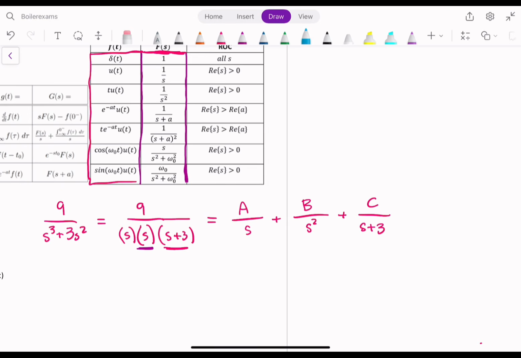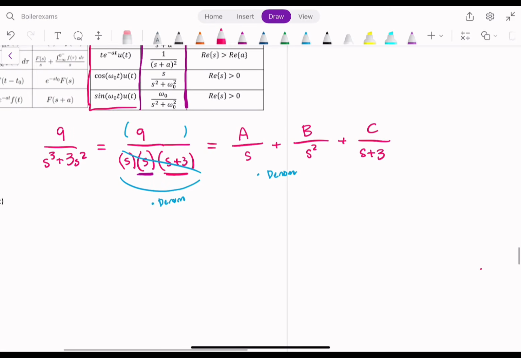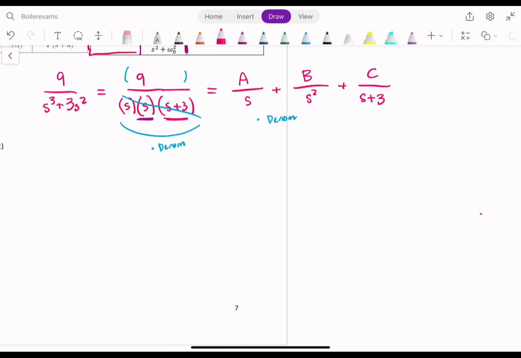And in order to solve for these unknown A, B, and C values, we're going to multiply our denominator through on both sides. That way it will cancel on this left-hand side, and it will go through to this right-hand side. Then we are going to compare those values to our numerator and solve for A, B, and C. So let's go ahead and do that. And when we do that, we have A times s times s plus 3. One of those s's cancels, plus B, that s squared cancels completely, plus C, that s plus 3 term cancels completely. And when we simplify this, we get A